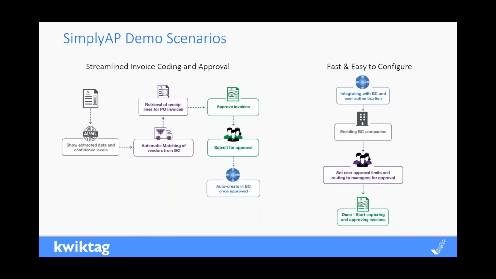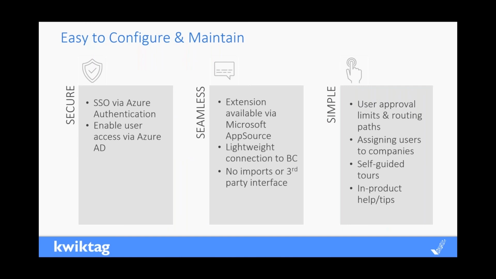Next slide, please. Just to talk a little bit about the administration aspects of the product, because it really comes down to three things: security, making it seamless in terms of integration with your Business Central application, and then making it simple, right? We're integrated into Azure. So from a security perspective, all the authentication is done within Azure, so you can turn your users on and off there. If your organization has policies in terms of passwords and how often a user needs to log in, that is all controlled through Azure. We delegate that responsibility to Azure.